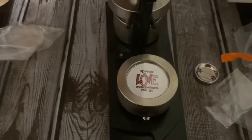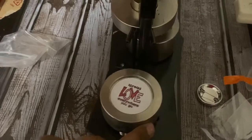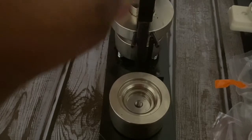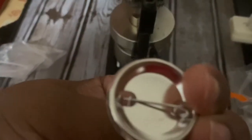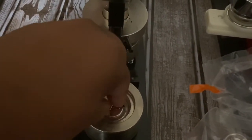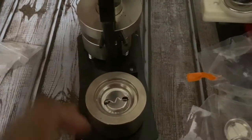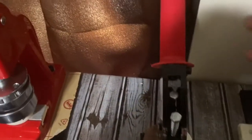You're gonna try to get that mylar as straight as you can. And then with this machine, you just turn it and then it'll click when it stops. And then you'll take this piece. And then I like to look at the back of the button so I can line it up pretty good. I'm still working on that because sometimes it won't be exactly straight. So now that I have that in, I'm gonna go ahead and take this handle, pull it down,